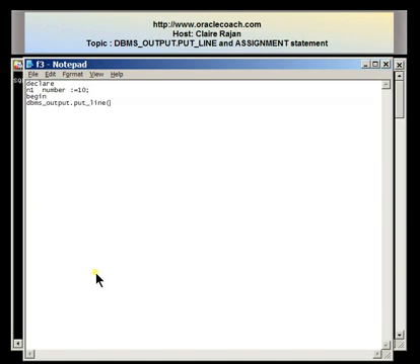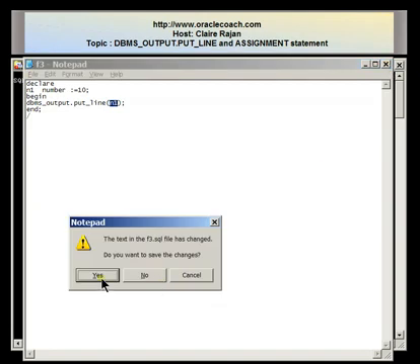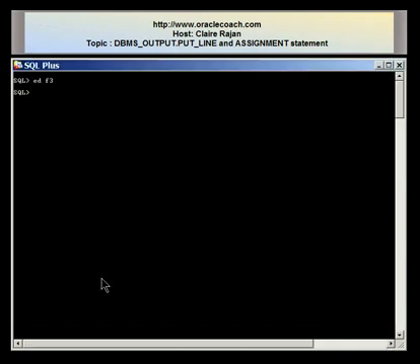I'm going to display the value of the variable as is, just like I did in the case of a character variable. I'm going to close it. It tells me, do I want to save the changes? Yes. At F3, the value which was contained in the variable is being displayed on the screen,